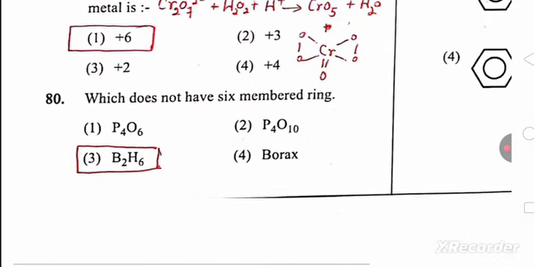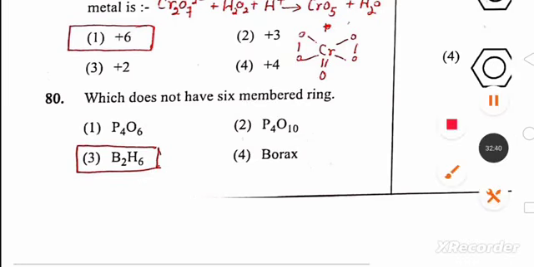Next question, which does not have 6 membered ring? Definitely diborane. You know the structure of diborane. Diborane does not have any ring. So the next question,